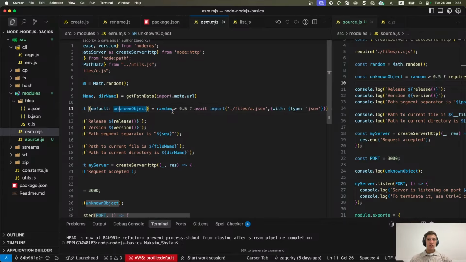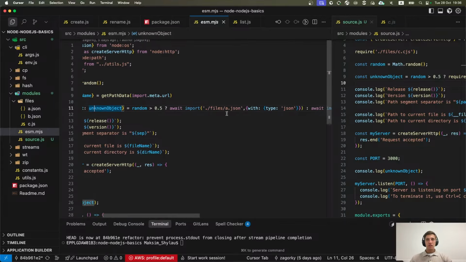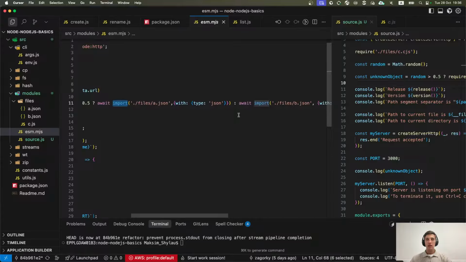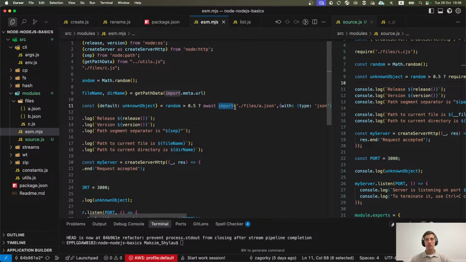That's why we have a thing named dynamic imports. It has this syntax: you call import as a function, you provide a path to your module and some additional options if you need them. And you should use it with await, because it's imported asynchronously.